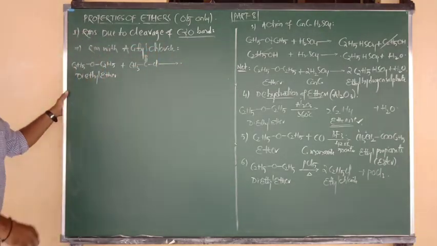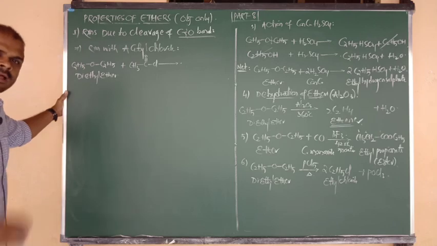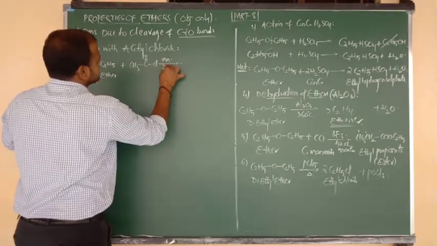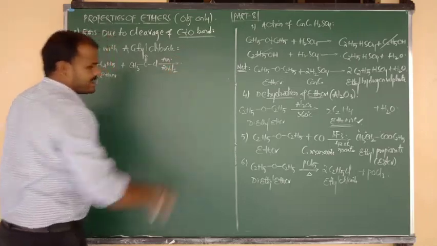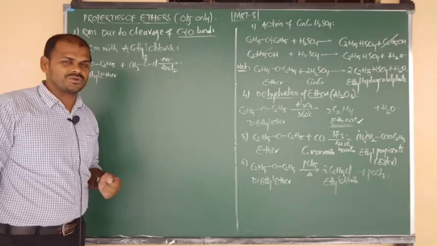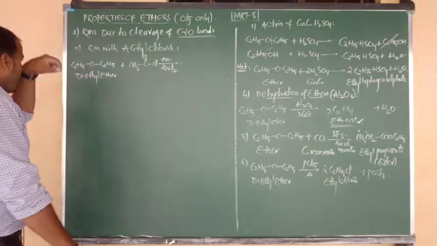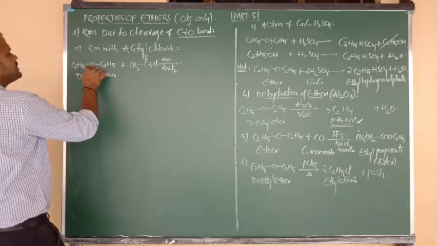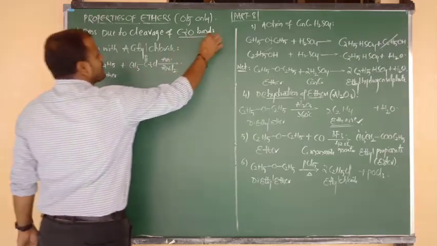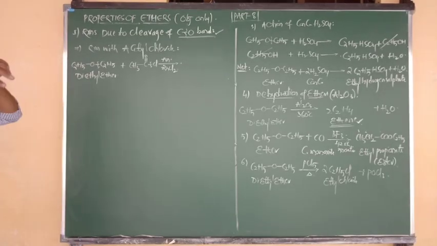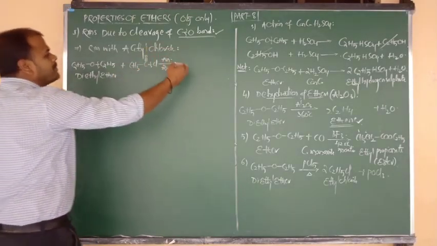And here the reaction is going to take place in presence of Lewis acids, that is nothing but anhydrous ZnCl2, and also we can consider anhydrous AlCl3, that Lewis acid also we can consider here. Now bond breaking takes place between carbon and chlorine, and also bond breaking takes place between carbon and oxygen. Because of this, which type of reaction is this? CO cleavage reaction. Good. So now what may be the products here?